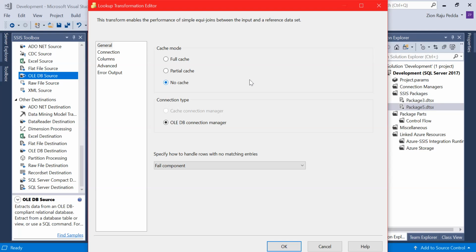But in partial cache, it will store only partial data. It will not store the complete data. It will store only 50% of the data, not the complete 100%. And when you select no cache, it will not store the cache memory at all. But why we need this cache mode here is